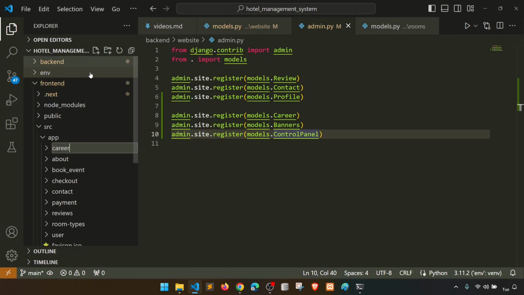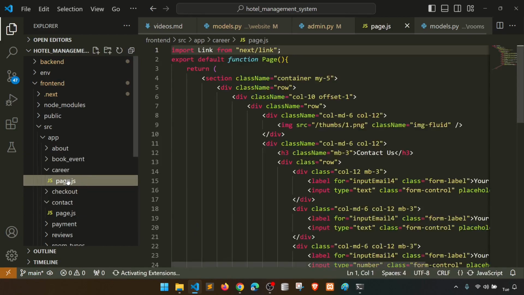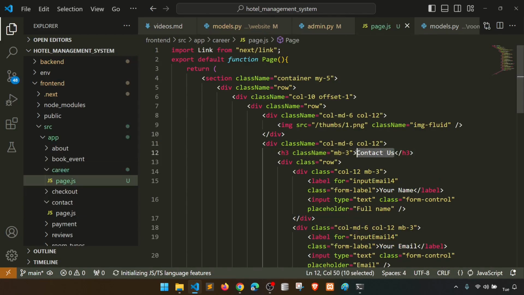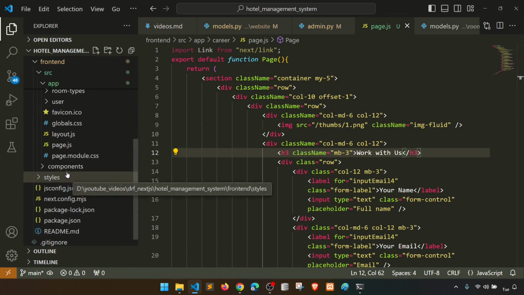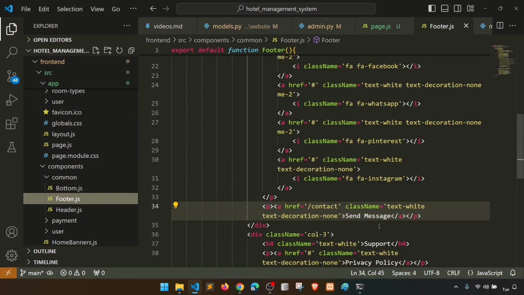I will say career, right? And then from the contact I will copy this to career, paste, right? And this one is work with us, work with us, right? And if I go to career from the footer link, let's go to the components, common, footer, and we have